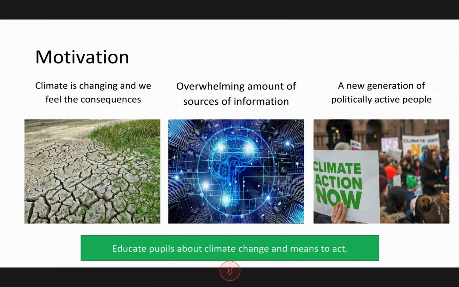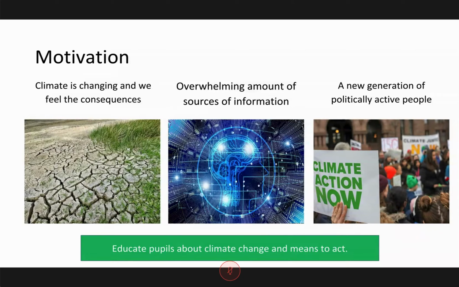I think at least until a few weeks ago, it was all over the news. And we all had to deal with an overwhelming amount of sources of different information, either more scientific or some horror scenarios which are demonstrated to you, and it's a little bit complicated to digest all of this.